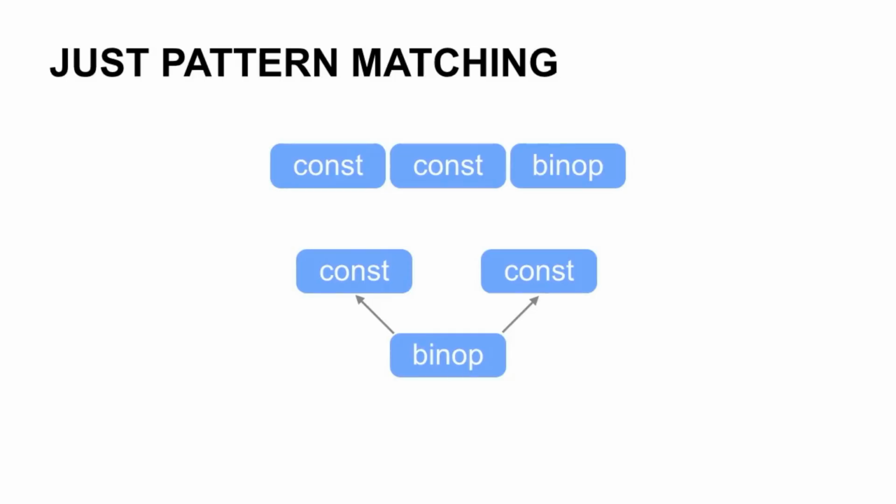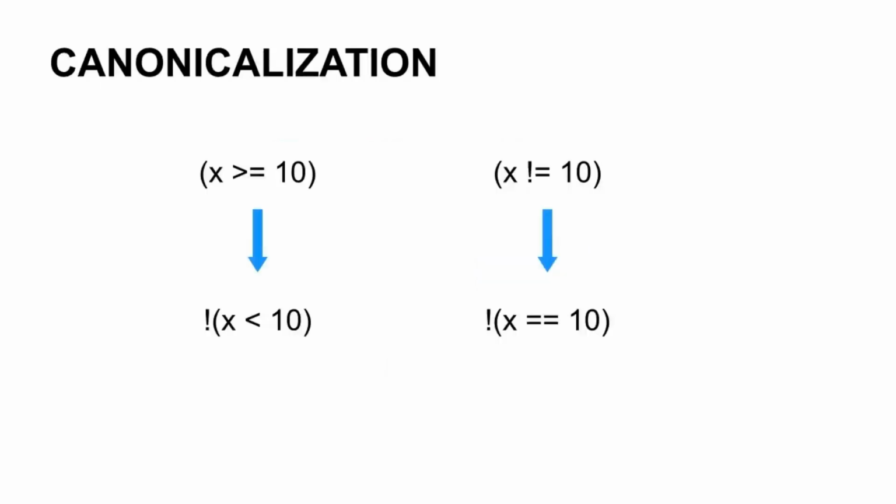Strangely enough, the person who's working hard to optimize their code and ends up writing it a little bit weird might actually produce suboptimal code because the compiler doesn't recognize it. Now, that's not so likely to happen for something like a Peephole optimization, but as we get into more and more complicated pieces of code, it gets harder and harder for the compiler writer to account for all the different ways you may have written it. And because of that, compilers actually have a process called canonicalization, where they'll take something that maybe you wrote in a slightly strange way, and they'll change it into a form that's a little more normal, sometimes doing very extreme rewrites. But there are even simple cases, like we'll take x greater than or equal to 10,